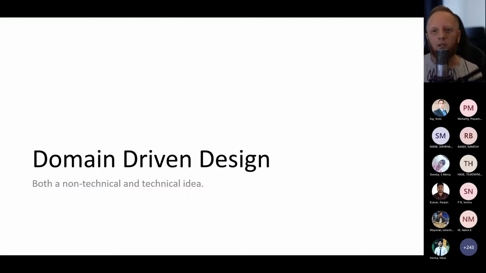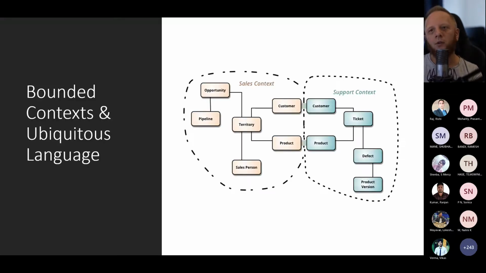The first one I'd like to talk about is domain-driven design, or abbreviated DDD. It's both a non-technical and a technical one. The first part of this is the non-technical part, where you have something called bounded context and ubiquitous language. The ubiquitous language was coined by a gentleman called Eric Evans. He coined the whole domain-driven design thing, and it talks a lot about this. And you can find some very interesting topics and talks on YouTube